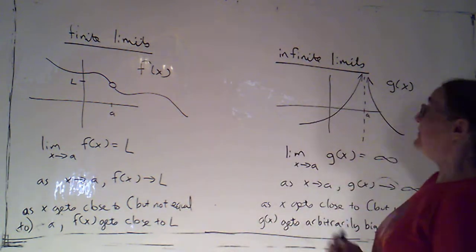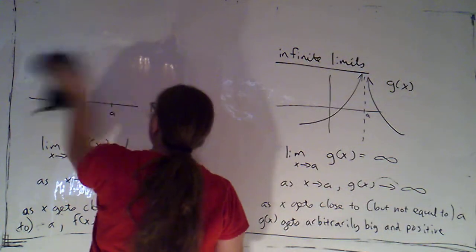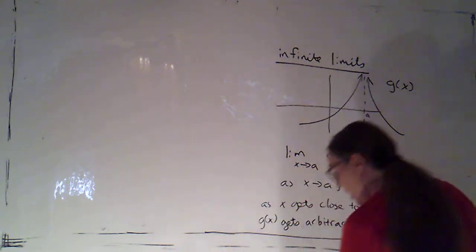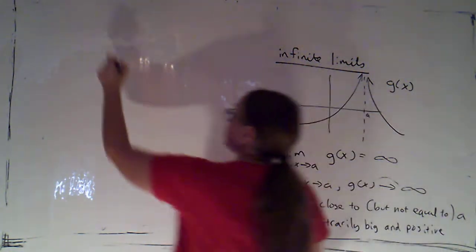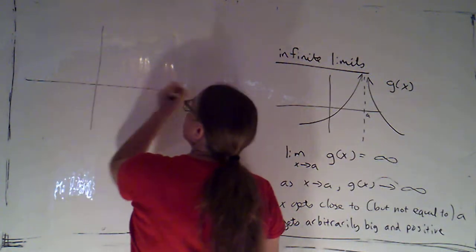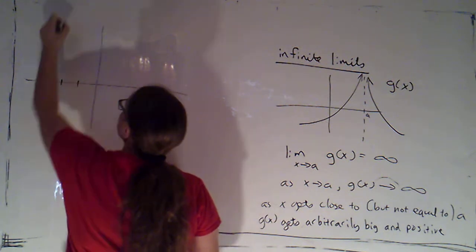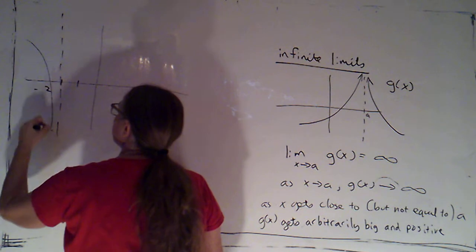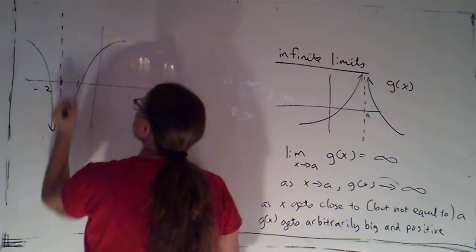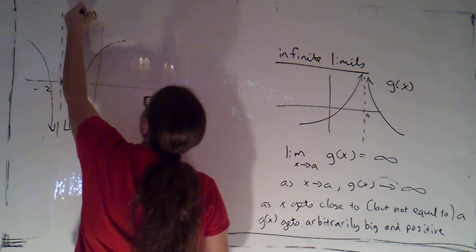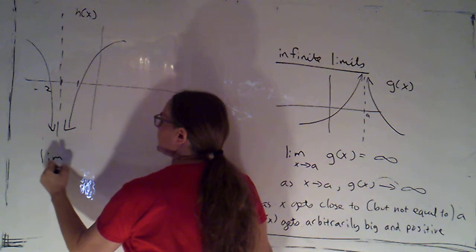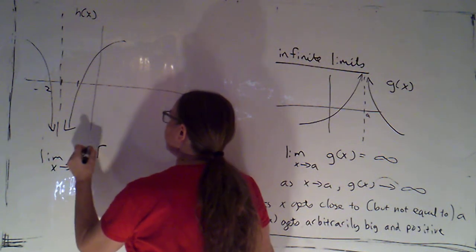Now, with infinite limits, I drew a picture here of a function with a vertical asymptote where we were going up on both sides. Let's suppose I've got a function. Let's actually put the asymptote here at -2, and let's say my function looks like so. We'll call this function h of x. So I would say the limit as x approaches -2 of h of x